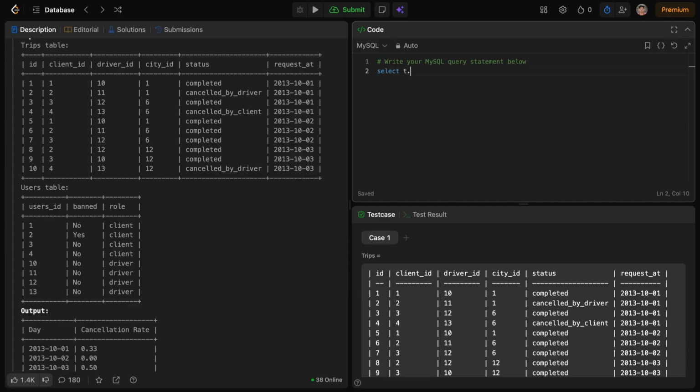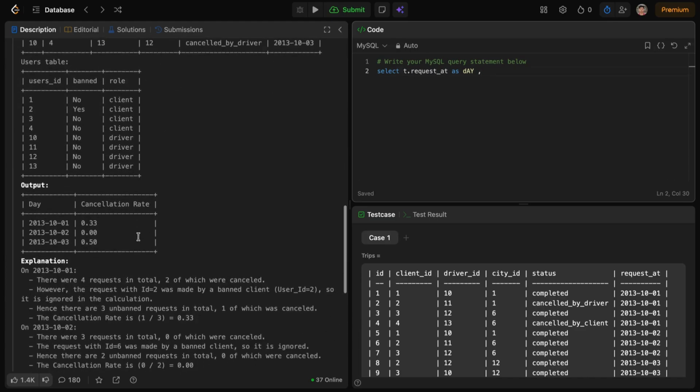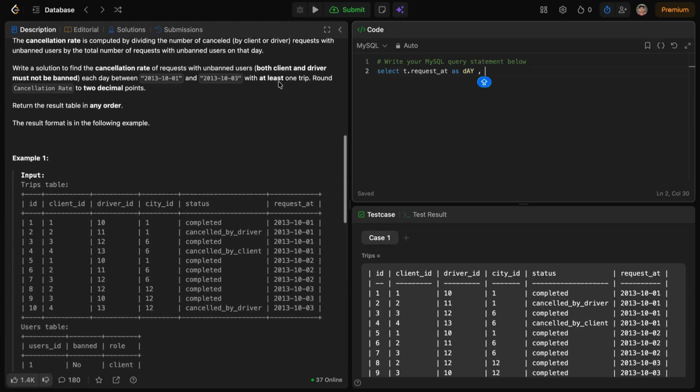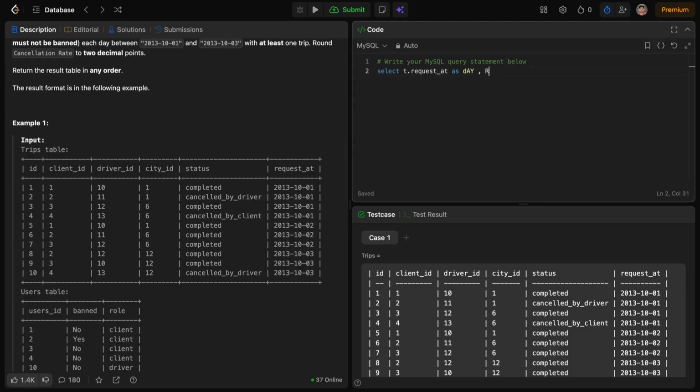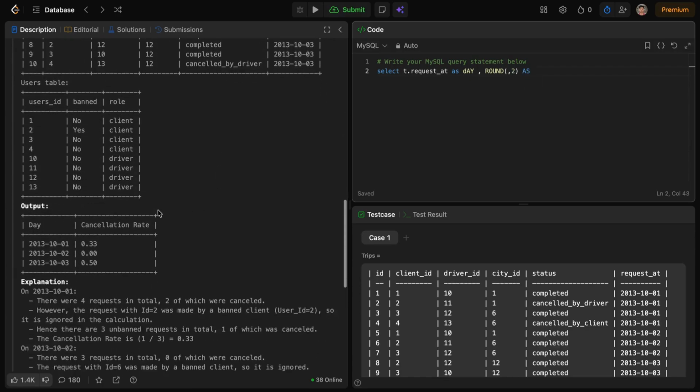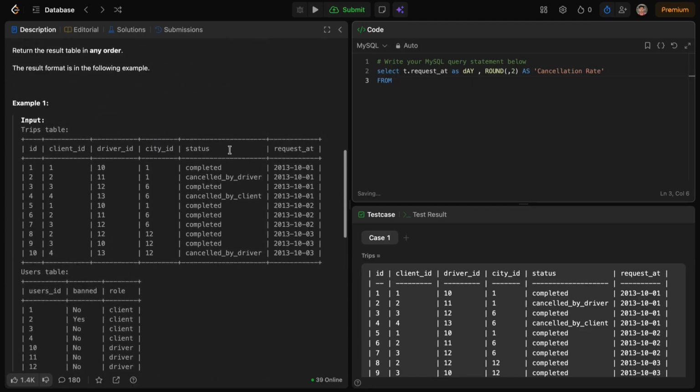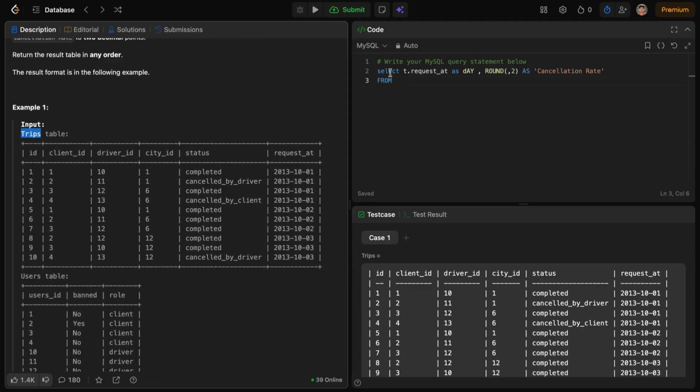So t dot requested at as day, comma, and it wants rounding with 2 decimal points, so I use round, comma 2, as cancellation rate. This is what we want from the trips table, from trips alias as t,